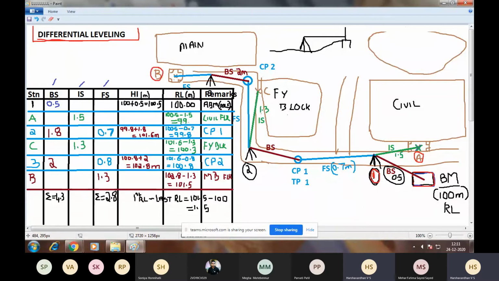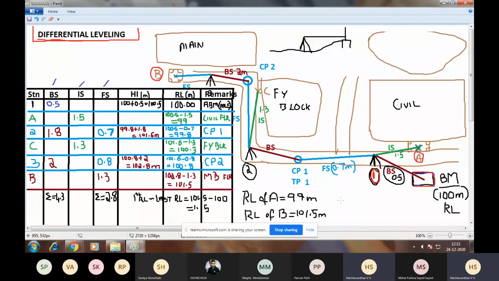So RL of A is 99 meters, and RL of B, which is at a higher elevation, is 101.5 meters.